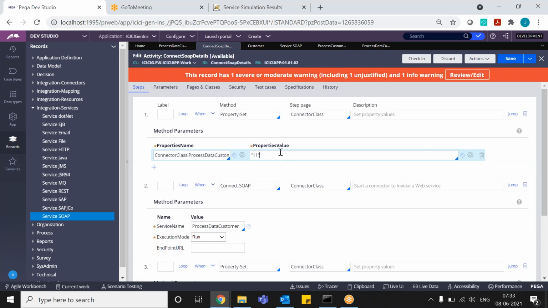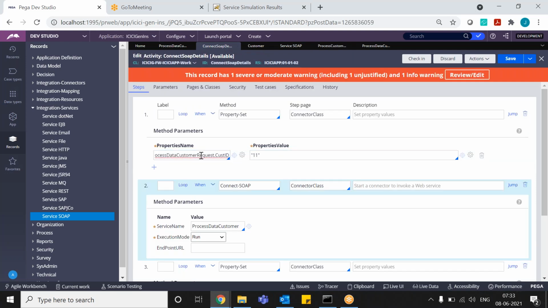Yes. So it is not fetching the cust ID property. No, what I mean to say, you should not give 11, right? You should not hard code it in the service connect activity. But in the service activity, what you have given?